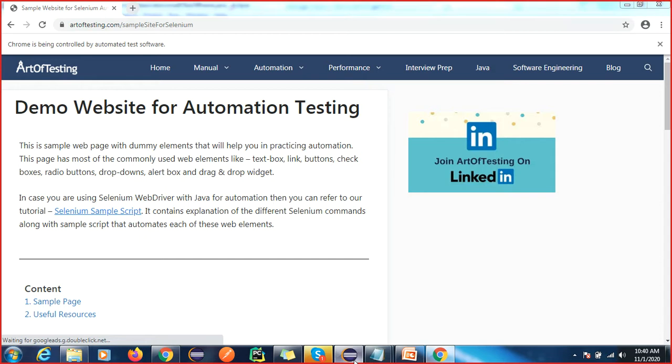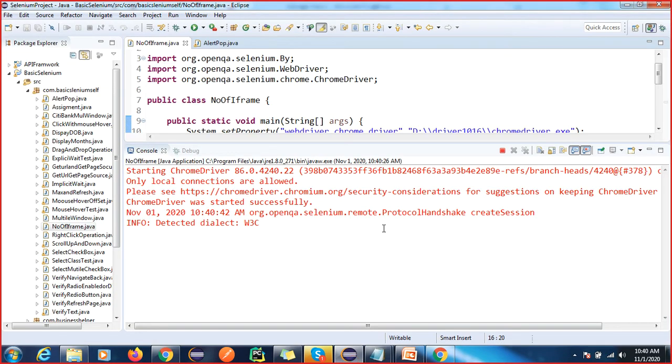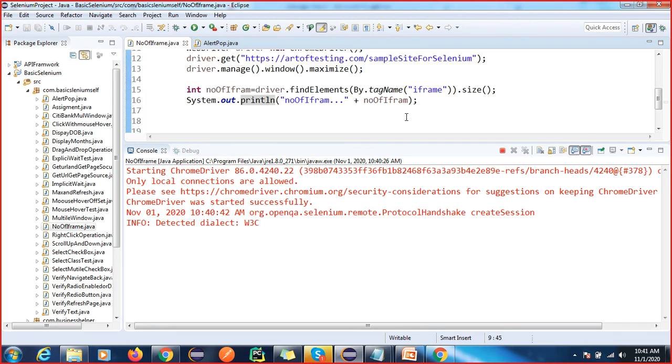It is still executing. What happened? Why is it taking too much time? Did anything go wrong?